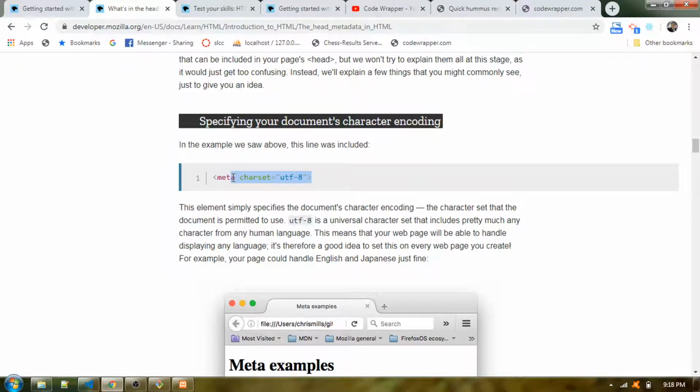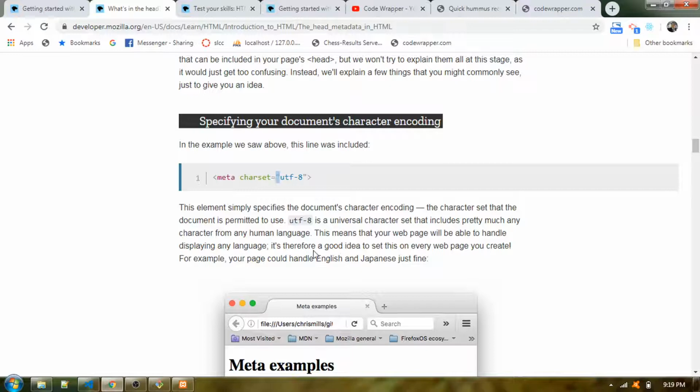For example, if you are going to keep your whole page in Japanese or in Sri Lankan Sinhala language, we need to make sure that the characters you present are compliant, so the browser should know that. By telling the character set, it helps the browser understand what character type you are using. UTF-8 is a universal character set that includes a lot of character types